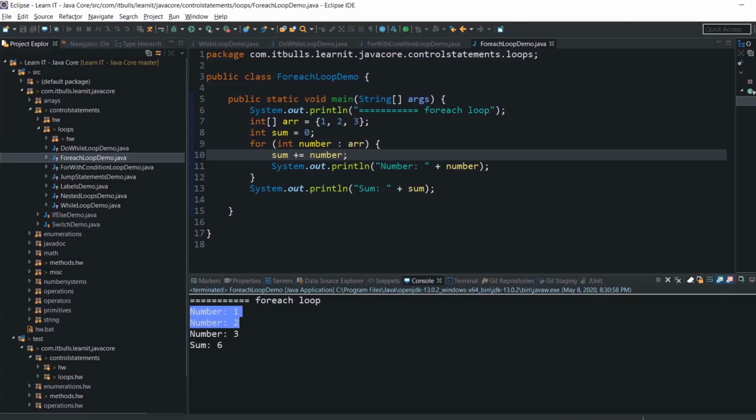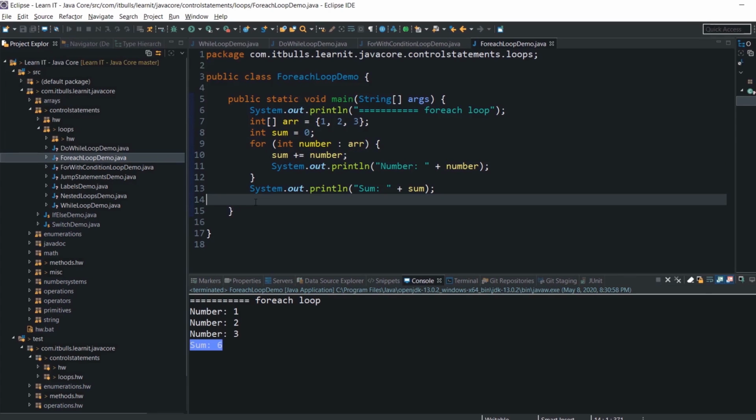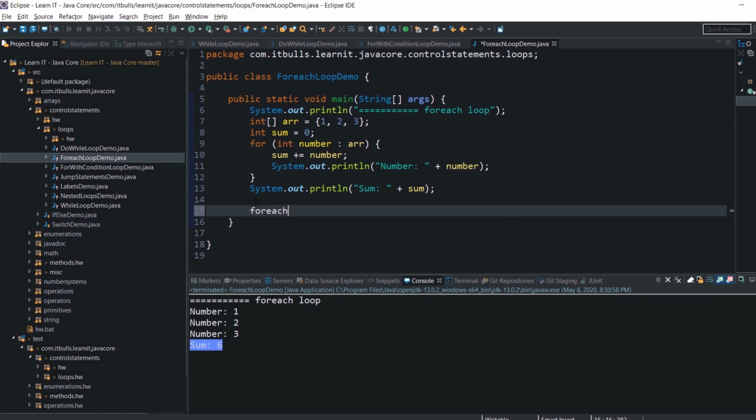In the program output you can see that we print to console the sum of all numbers from the array. This loop is finished when the last element is retrieved from the collection. But you can stop the loop early if you wish. We are going to have a separate lesson where I will show you how we can break any loop. One more trick: to write a for each loop faster in Eclipse, just type foreach, press Ctrl plus space, and press